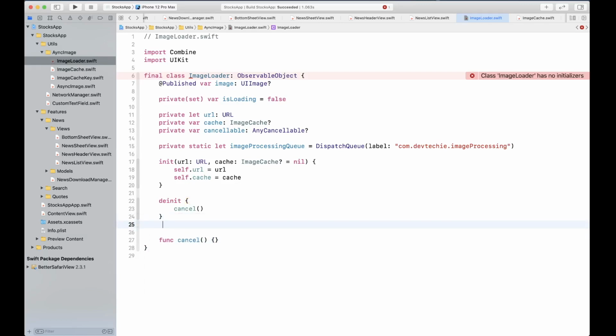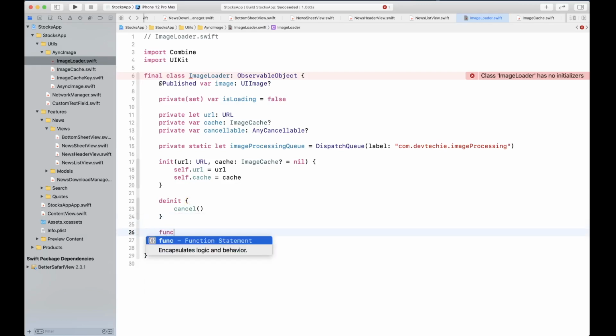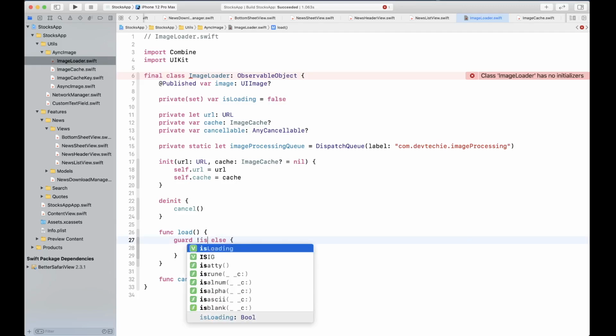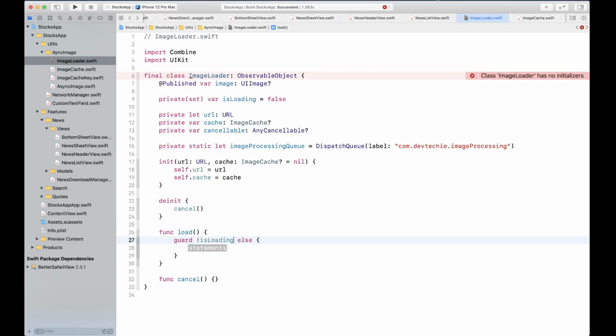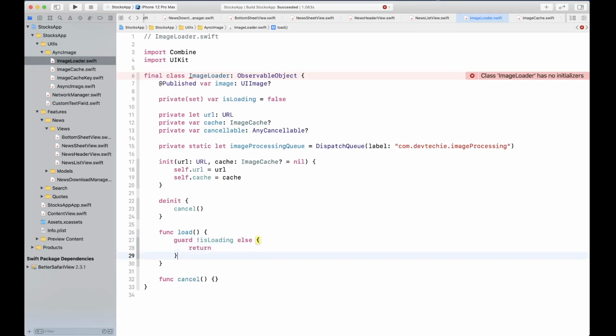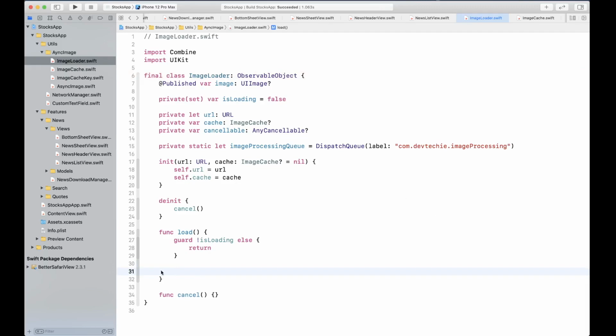We are also going to need a function to load the image, and we're going to say guard if not isLoading already. If the image is already loading, that means we should return from here. We should not start another process of loading an image.